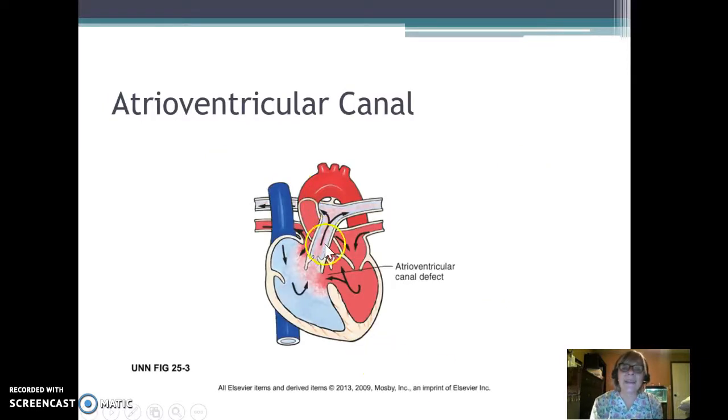Atrioventricular canal, this is an ASD and a VSD. So actually what it allows is all four chambers have communication together. This is the most common defect for kids with Down syndrome. As long as all the pieces of the valves are there, this is very easily repaired. And the ASDs and VSDs, some of those will close on their own, and ones that are too large and need repair, very good repair with good